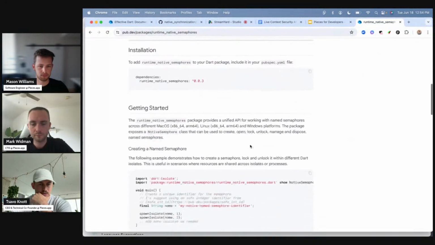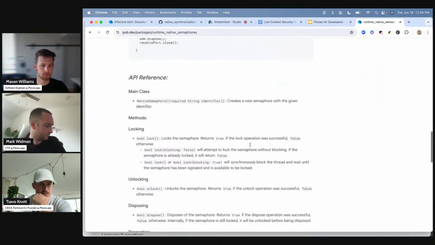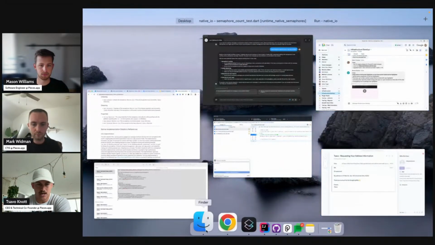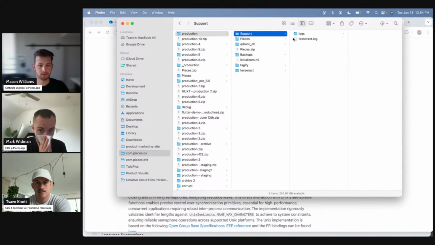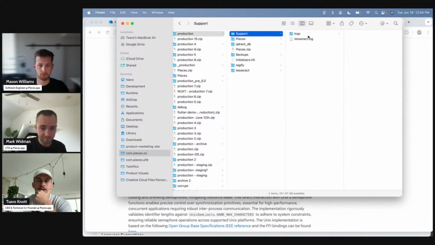Okay, cool. Scrolling a little bit more. Nice. All right, fantastic. Let's go look at those screenshots. So we'll go to com.pieces.os. Interesting. It did not crank out that folder, and it usually does.